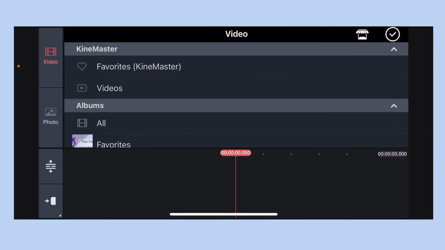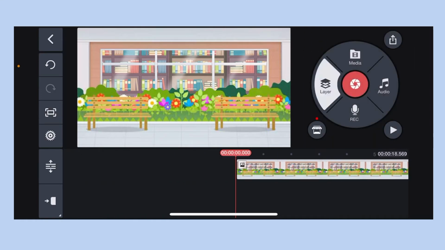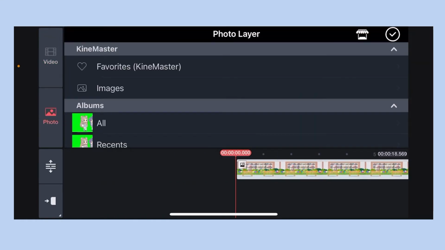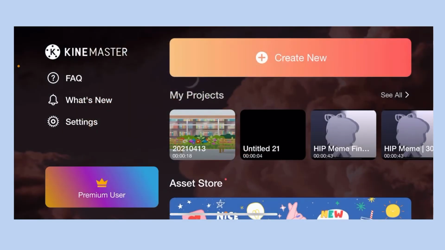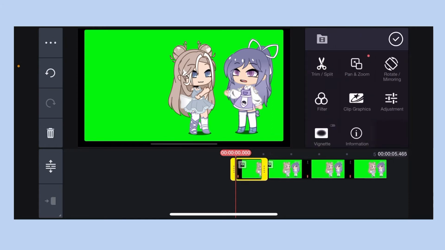The first thing you want to do is import your custom background that you made, like this. You're going to make it as long as you need. Then you're going to make another project after that. And then you're going to put these 2 photos there. What you want to do first